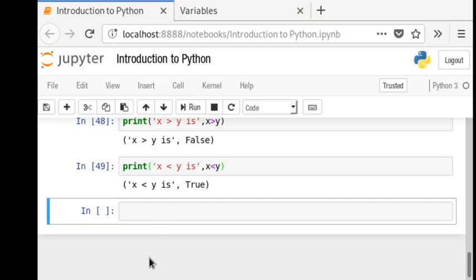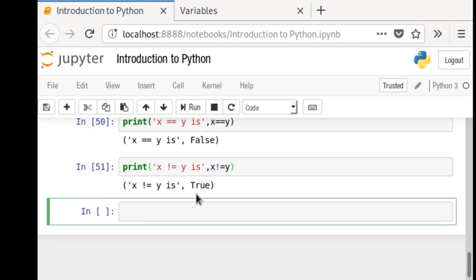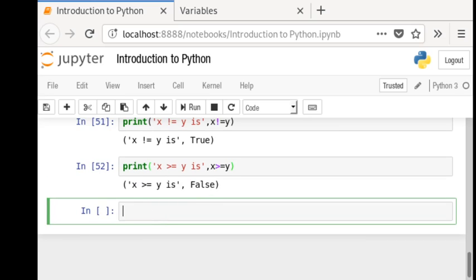And also we can check whether x is equal to y, and again it is false, and next, not equal to, and it is true. Next, greater than or equal to, again it's false. And is it less than or equal to, definitely it's true.